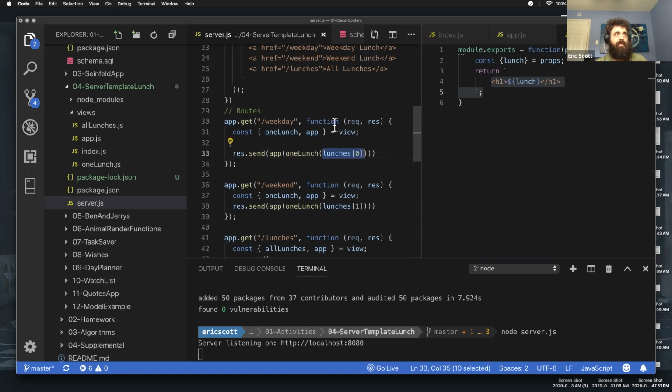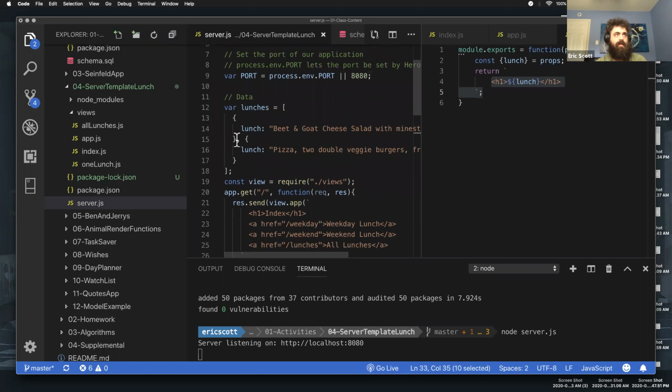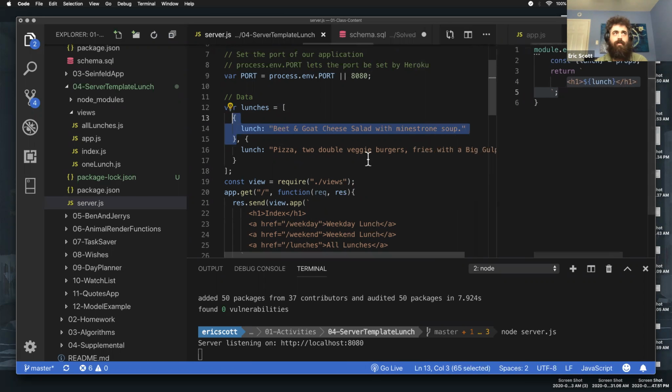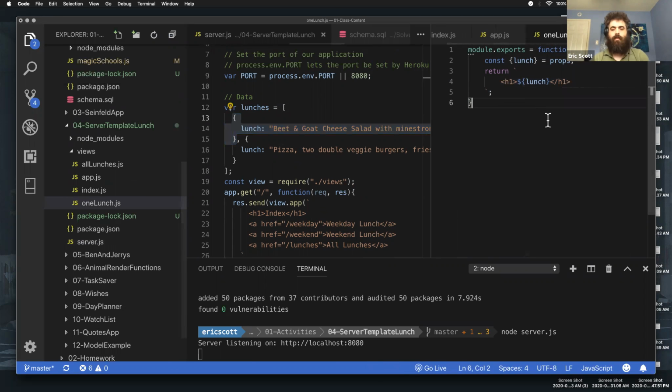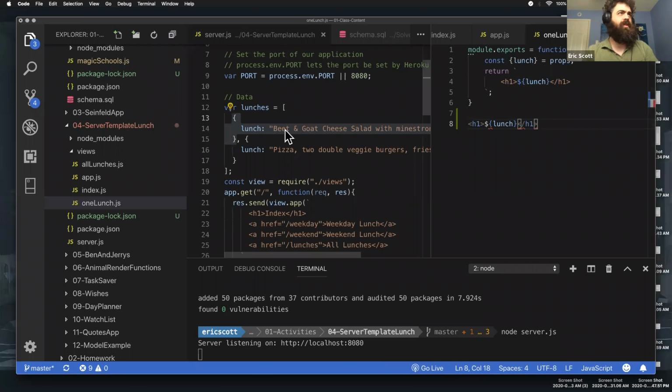So lunch is 0 is this object with a property called lunch that says beet and goat cheese salad with minestrone soup. We're going to pass that data into this one lunch function. This one lunch function is going to return an H1, or a string of an H1 that says